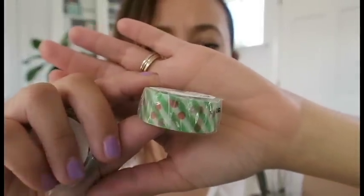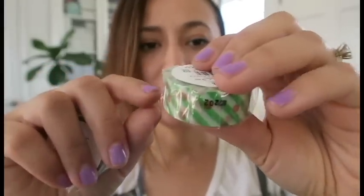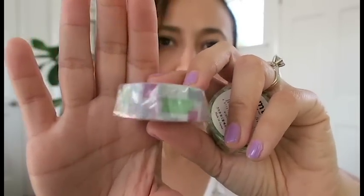Green and red. I know it's a little Christmassy, but I was thinking I could use it for the holidays, but I also just really like the pattern. This one is more of a modern feel. There's just blocks of different colors. I got this, oh, this actually is not MT. This is the